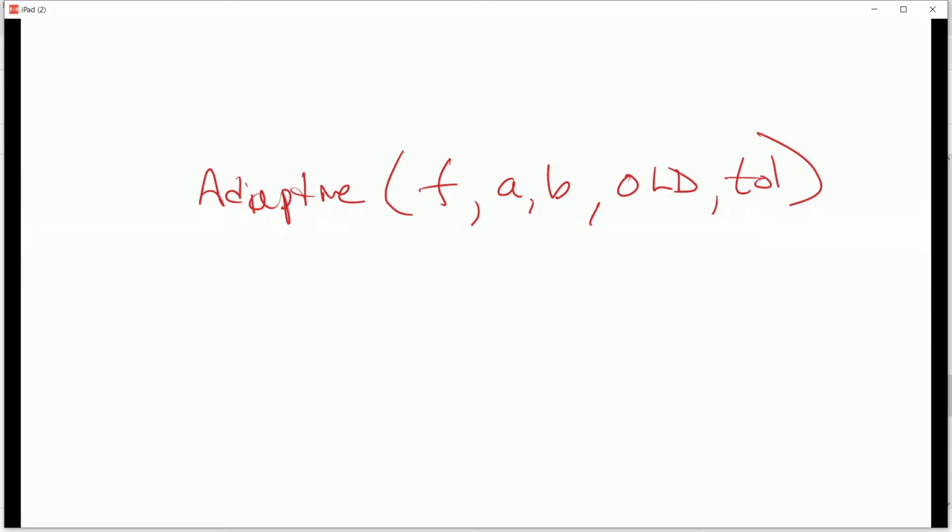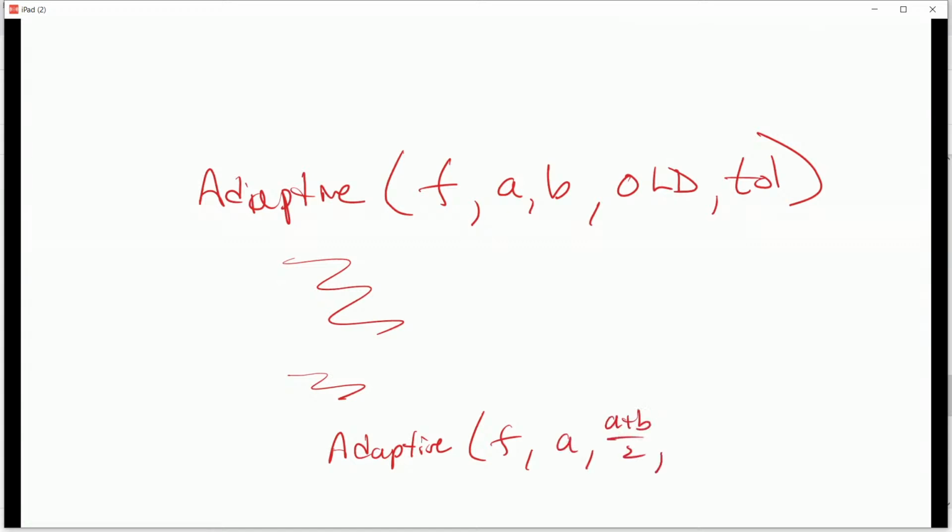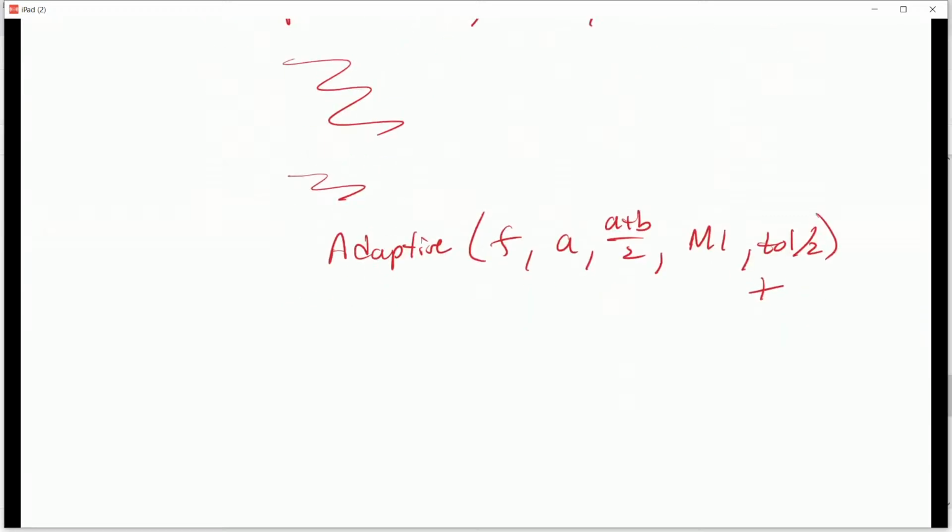If you don't think you're close enough to the truth, then you say, okay, we're going to do adaptive for f, and then a plus b over 2, with a new old estimate, we'll call it m1, and the tolerance over 2, plus this same thing, but with